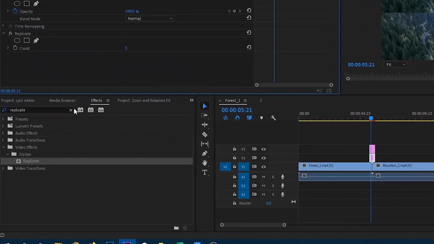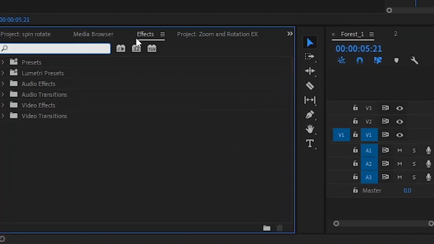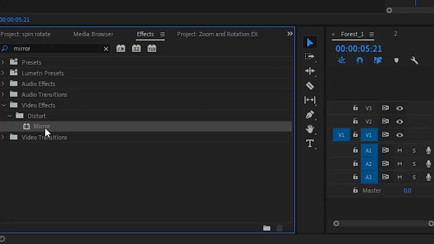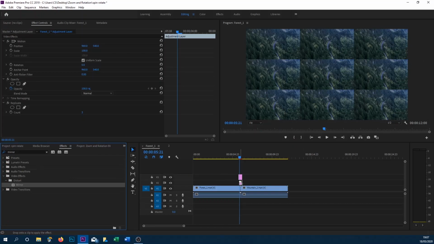Now heading back over to the effects tab, you want to then look for mirror, and as you can see it's under video effects, it's under distort and mirror. And again on video track 2, your adjustment layer, you want to drag this on. Now you want to drag this on not once, not twice, not 3 times, but actually 4 times onto the